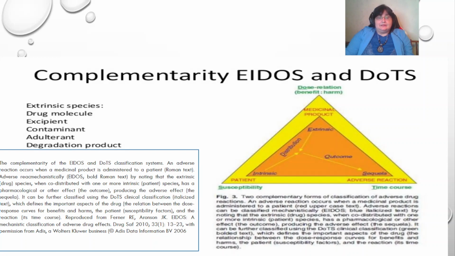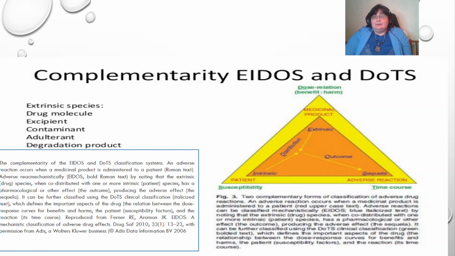Patients were co-administered one or more intrinsic species. The patient has pharmacological or other effects on the outcome, producing the adverse effects, the sequelae. It can be further classified using the DOTS clinical classification, in italics, which defines the important aspects of the drug: the relation between the dose response curves for benefits and harm, the patient susceptibility factors, and the reaction time course, reproduced from Ferner Aronson, EIDOS